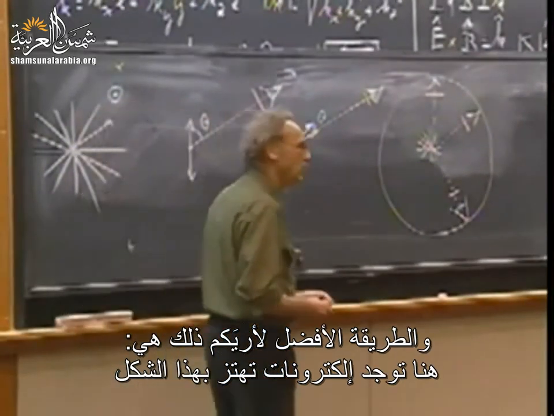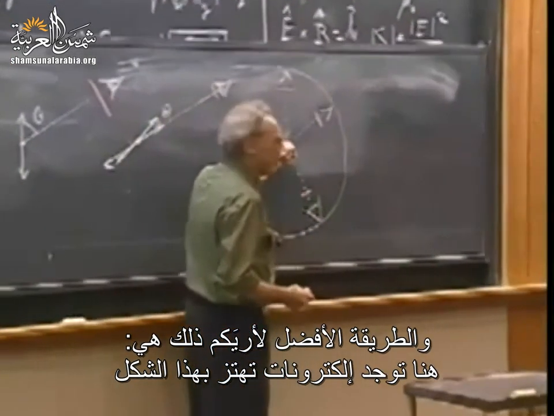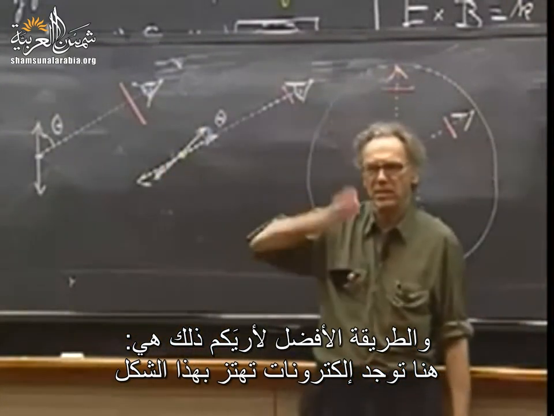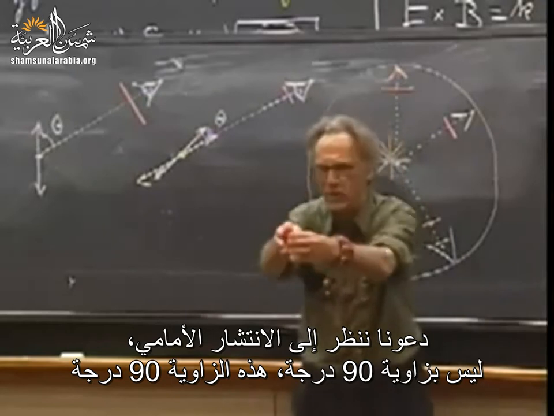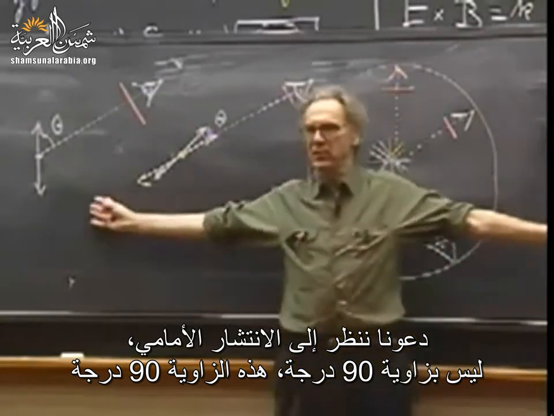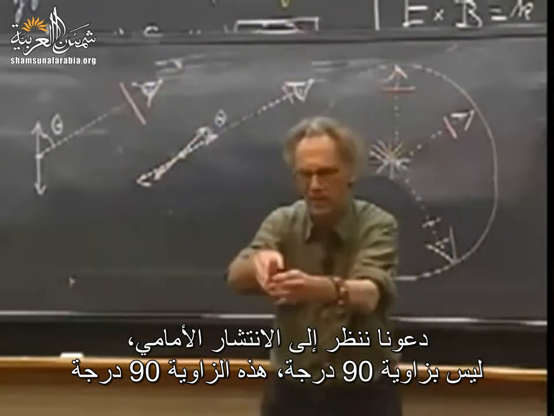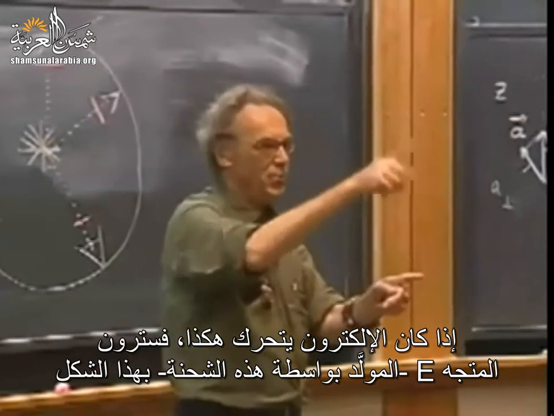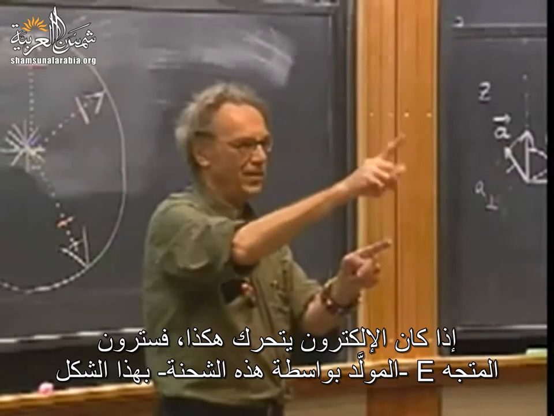And the best way for me to show that is, here are these electrons, which are being shaken like this. One comes in, shakes like this. And let's look now at forward scattering. Not 90 degrees, this is 90 degrees. Forward scattering. Here's the electron going up and down. You're sitting there in the audience. If this one comes in, you'll see electric vector like this,